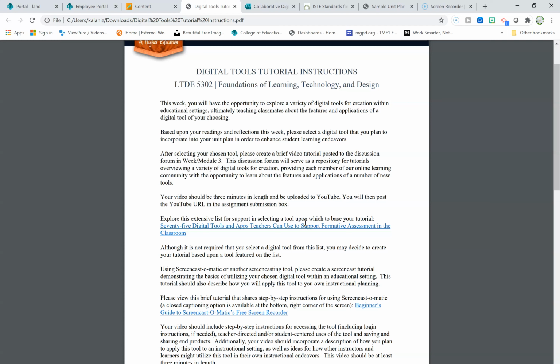So you have the opportunity to select any digital tool you would like, any digital tool that involves creation within learning settings, right? So it shouldn't just be a tool in which students are asked to consume information or a tool that students would use to consume information, but rather it should be something that students can use to actually create. So here we have a link to an extensive list of tools. You can choose a tool that is contained within this page if you would like, but you do not have